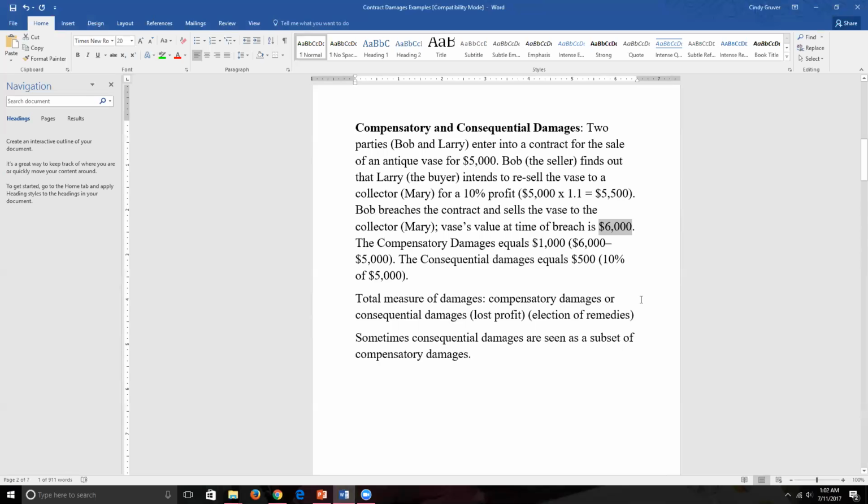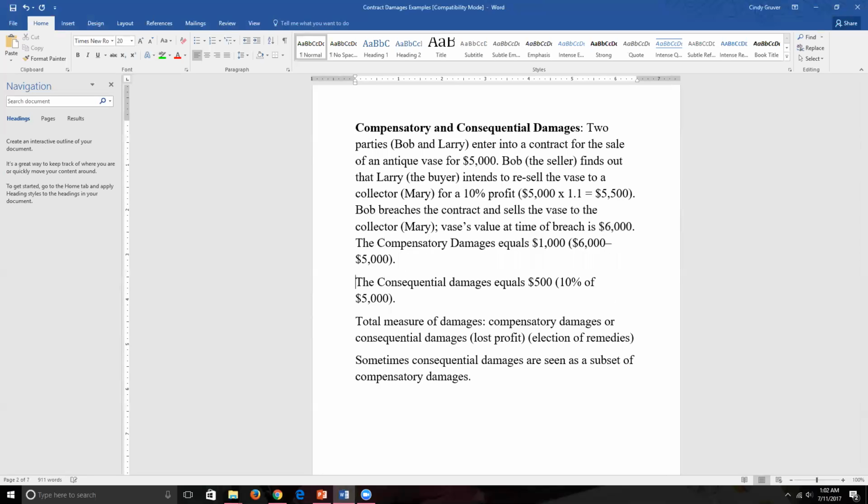It could be either one or some other amount. That's not really important to the story. So now Larry sues Bob for breaching the contract. There are two ways of calculating the amount. One is to look at compensatory damages. And that is, well, on the date of the breach,